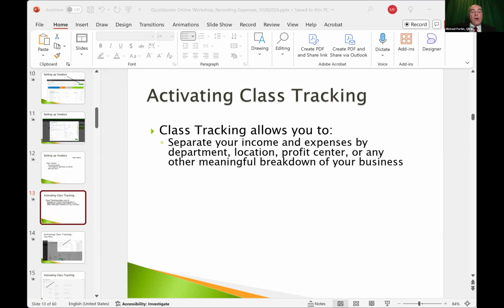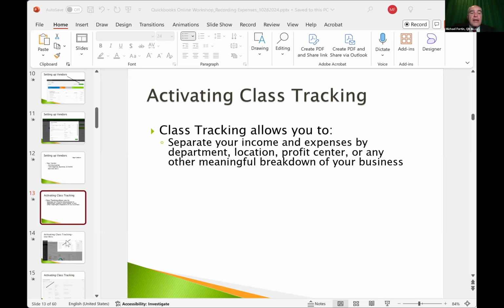Okay, so class tracking is a feature within QuickBooks Online, and by default it's turned off. So you do need to turn that feature on. And I'm not even sure that it's available at all the subscription levels, right? If you are a paid subscriber and you have one of the higher subscription levels, you would definitely have it, but I'm not sure if it's available for the lower ones.